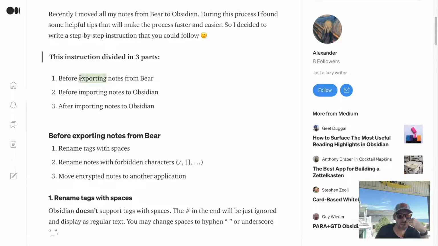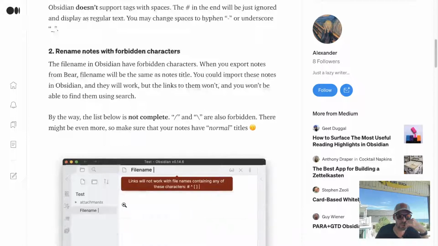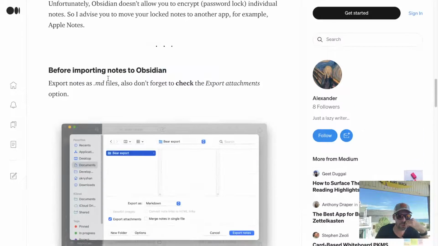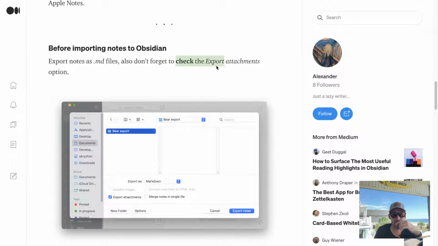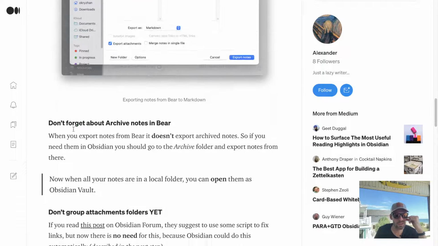All right, the instructions are divided into 3 parts: before exporting, before importing, and after importing. You have to rename tags with spaces, rename notes with forbidden characters, move encrypted notes, which I don't have any of. Before importing, yeah, already got that. Check the export attachments option. Yep.